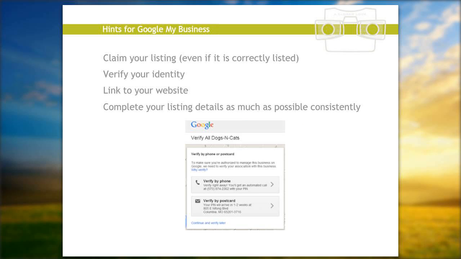The verification process means that you are claiming it and you're going, yes, that's me, and yes, I will be able to update my details if I need to: changed phone numbers, changed address, additional services, whatever. You can really give a lot more information than what is there by default from Google.